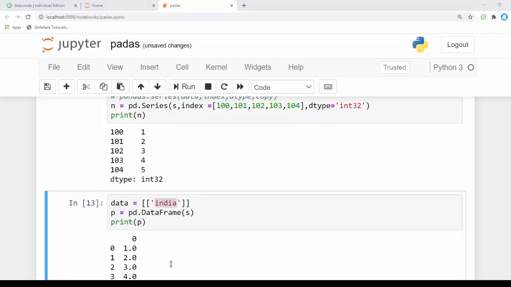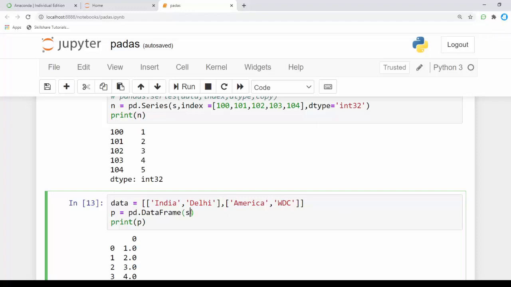I'm going to create capitals like that. I'm going to simply specify DC here. I'm going to create a name of a country and a capital here.